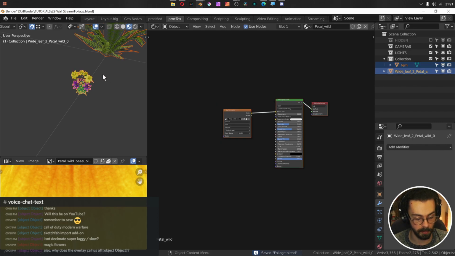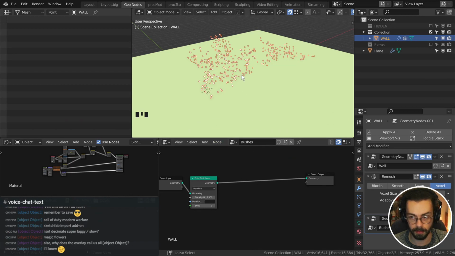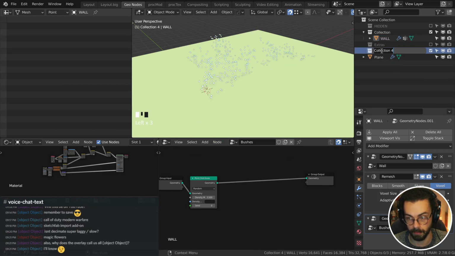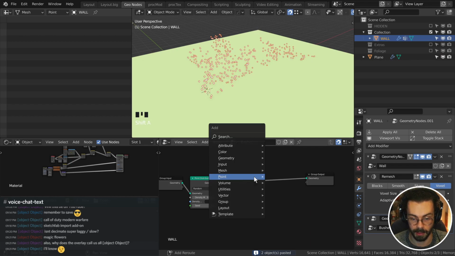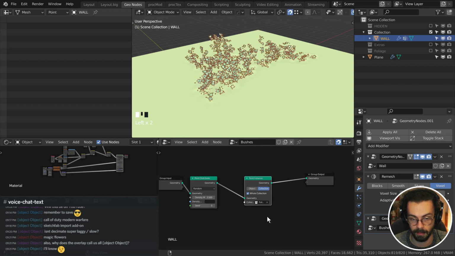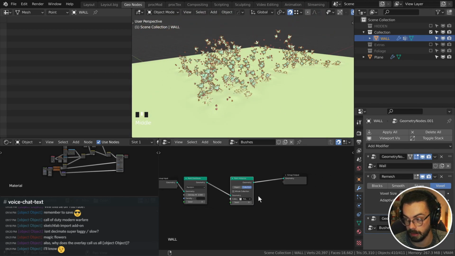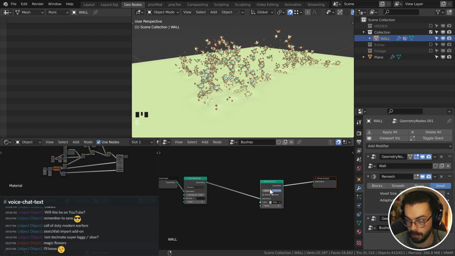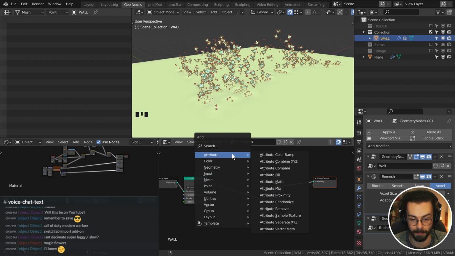So grab both of these, Control C, copy objects, find your original file. Let's make a new collection for foliage and paste into there. Let's disable that, grab our wall object, point instance, collection, foliage. And then we can just play with the scale of these, scale and rotation. Yeah, magic flowers. We will also add the wool back in, but first of all,